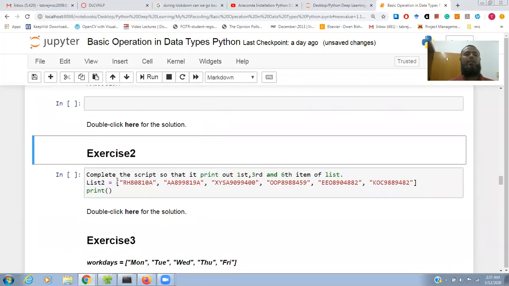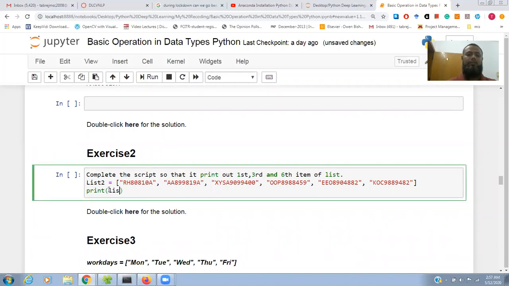Same thing, complete the script so that it prints the first, third, and sixth item. First, third, and sixth item. So you can write like a list, because it is list 2. I'll just write list 2, and the first item means index 0.